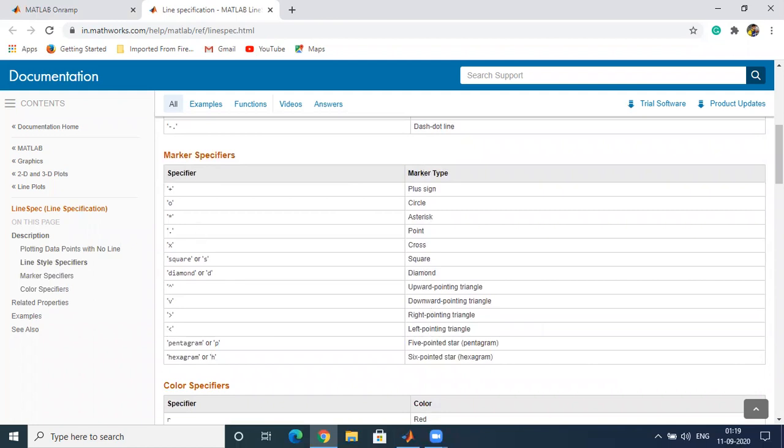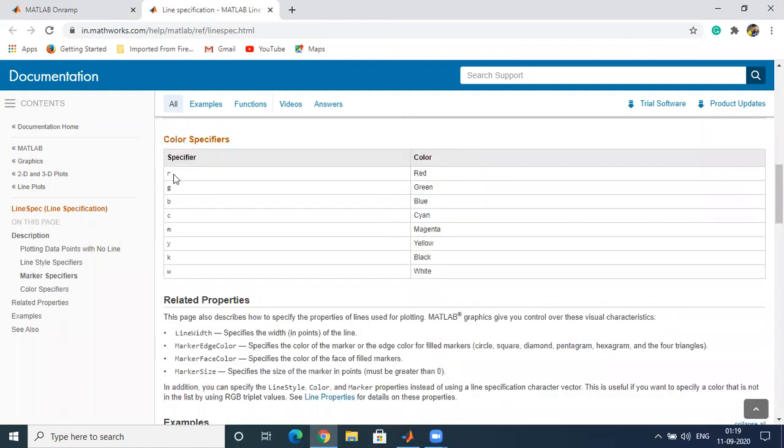And for color, these are some specific colors that you can use. R stands for red, G stands for green, B stands for blue, C stands for cyan, M stands for magenta, Y stands for yellow, K stands for black, and W stands for white. So these are the line style, marker, and marker color options that we can use.